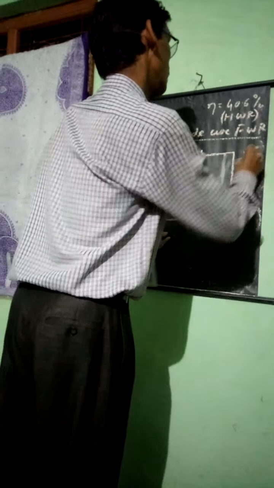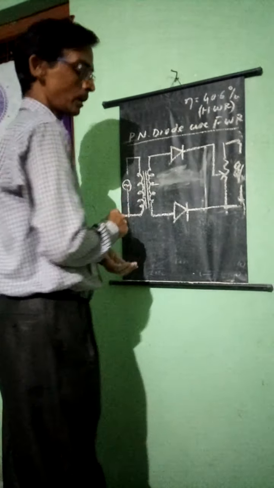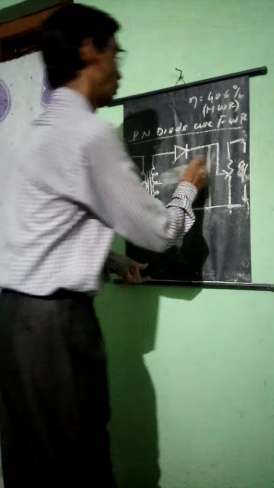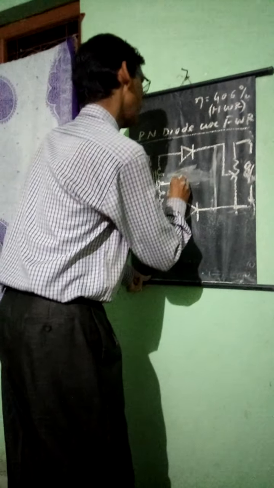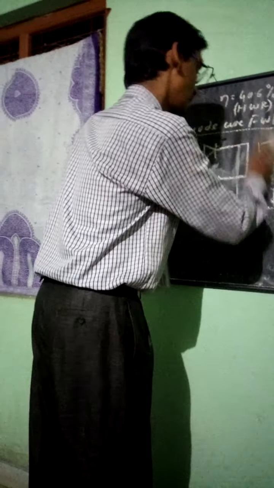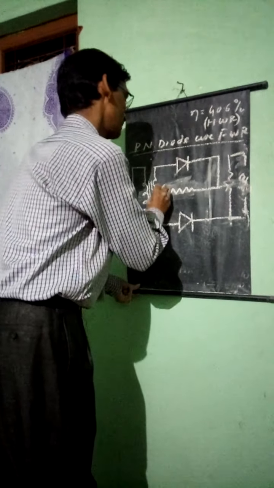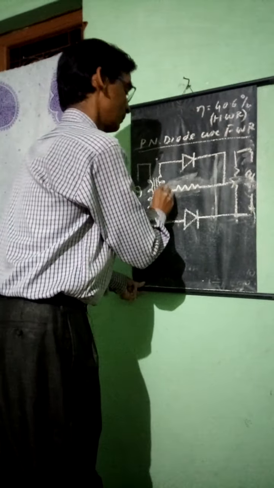But you see now, in these cases basically you can take it center tapped, so the full wave rectifier is also classified into two categories. One is with respect to the center, where you can take this, or you must not take this part. You see what I am doing. Two diodes are employed with respect to the center of the secondary of the transformer, with a load resistor. Then remember, omit all these.